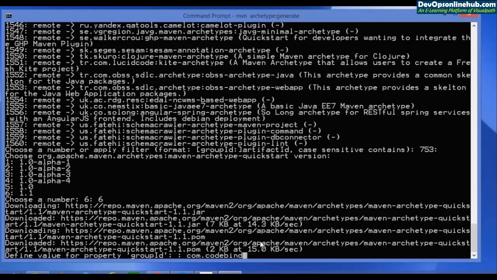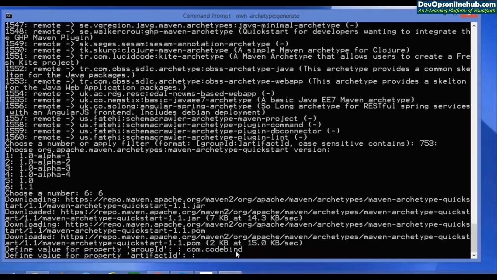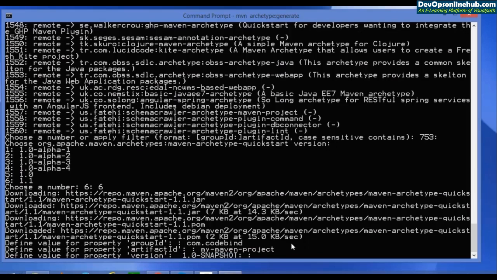Now we are going to press enter, and now we are asked for this artifact ID. Now what is this artifact ID? The artifact ID is generally the name that the project is known by. So you can give the name of your project, for example, my first Maven project or my Maven project. Now let's press enter, and now it's asking us for the version,